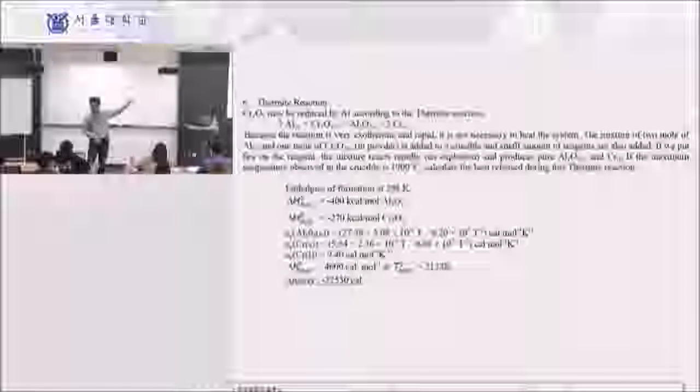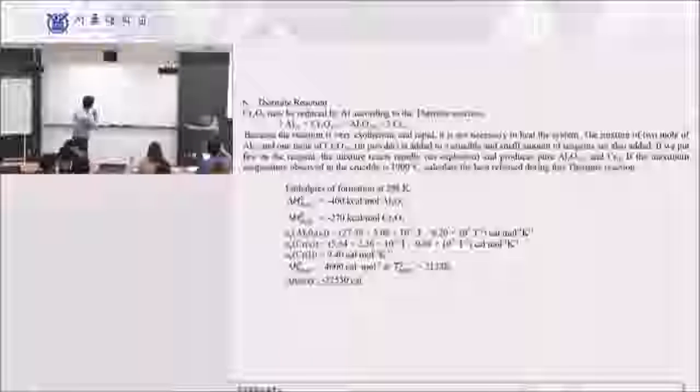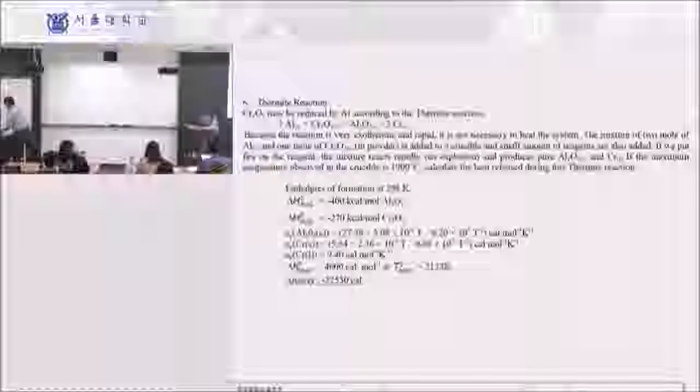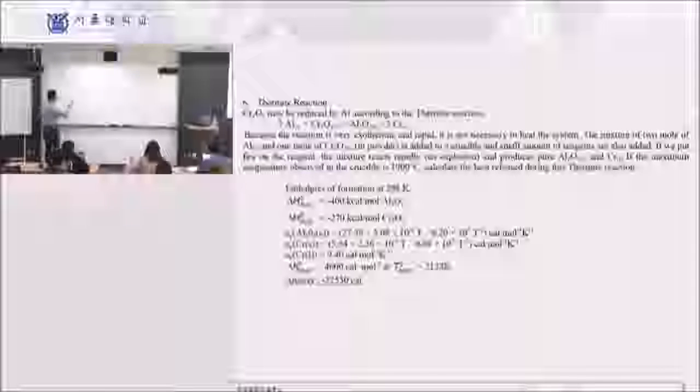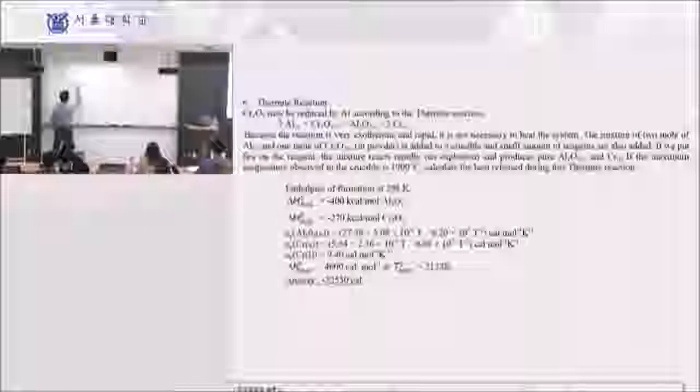So let's go back to the same question again, explain step by step more logically than the last class, and then try to solve this problem. Okay, so question number 6. This question is basically I have 2 moles of aluminum solid and then 1 mole of Cr2O3